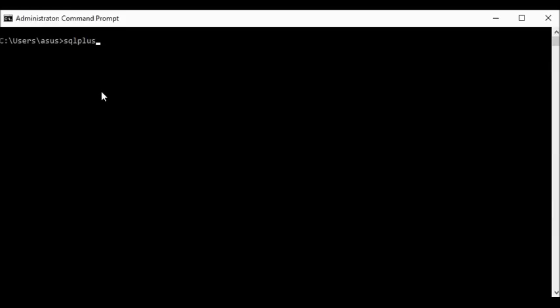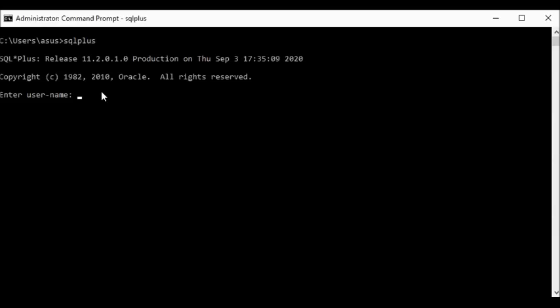Okay? So after you type SQL Plus, it will ask you your username. So what is the username? Remember, you have your username and password and you just have to write it here. So the default user is system. Okay? And you just write your password.